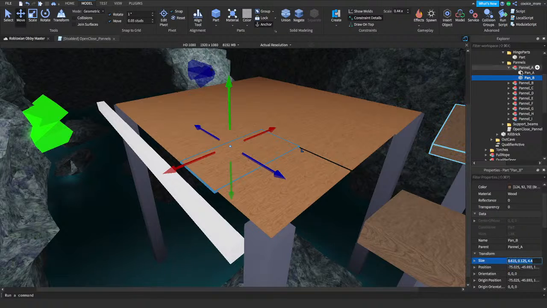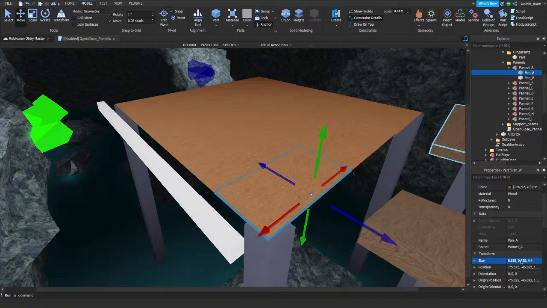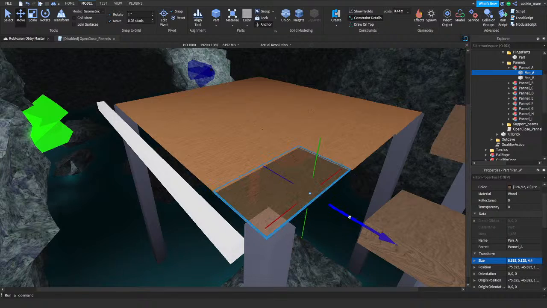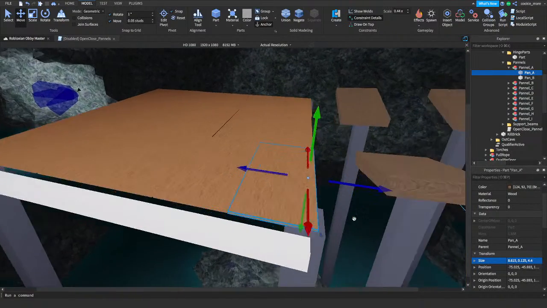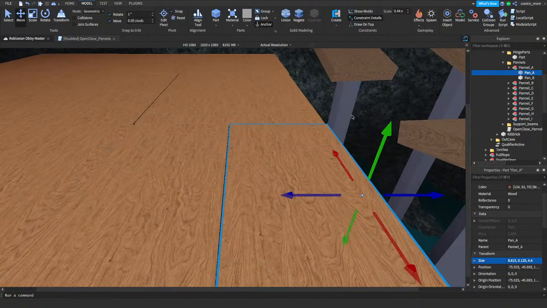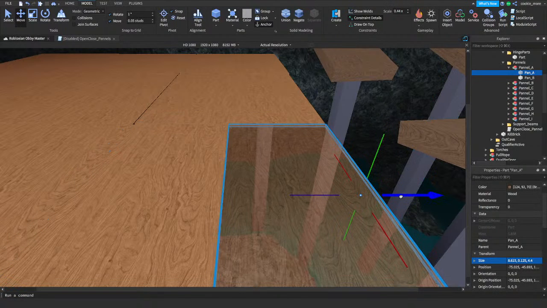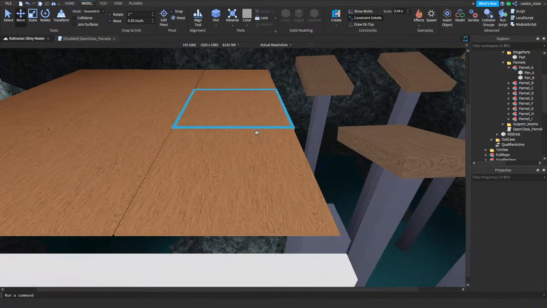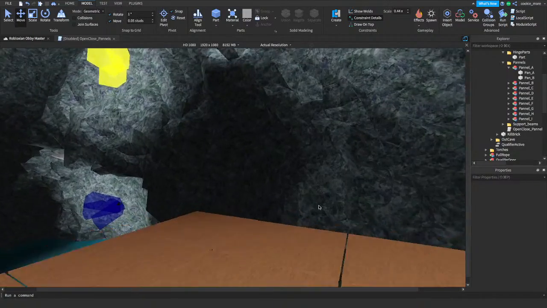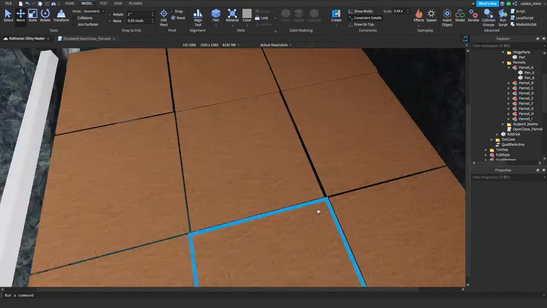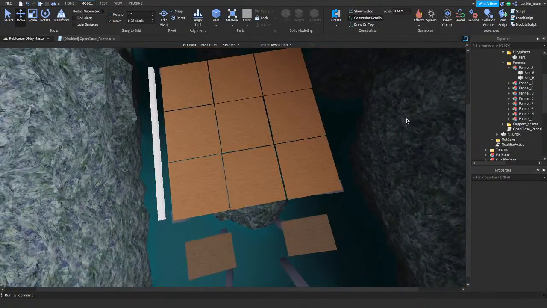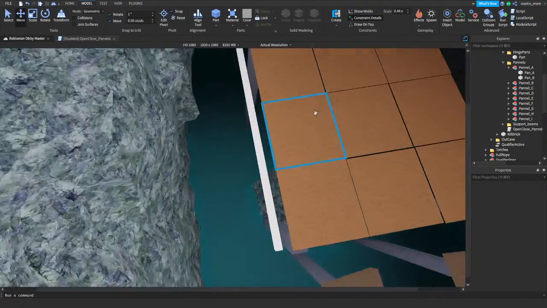Gonna be size. Okay. These are the panels. And without the little outliner border, so I can properly create the